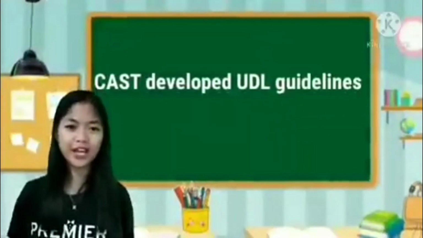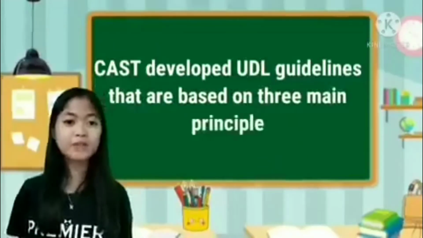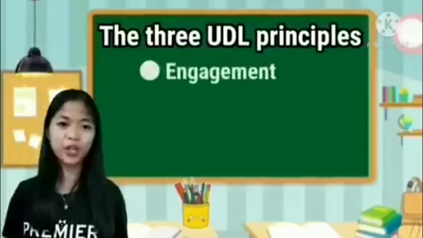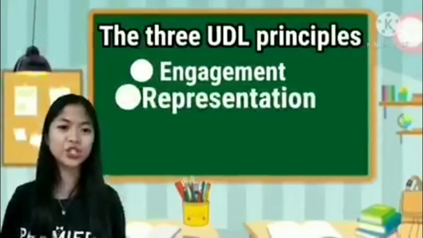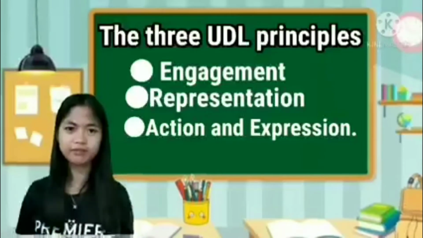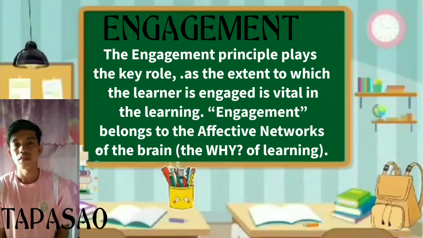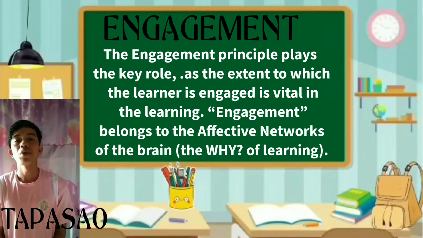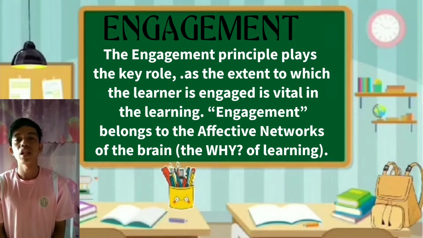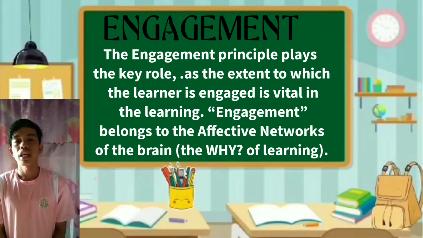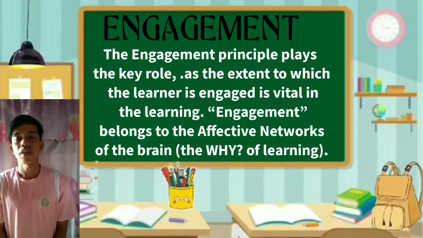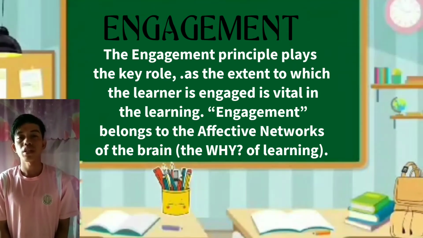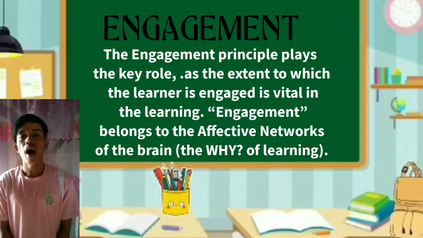CAST developed UDL guidelines that are based on three main principles that align with these learning networks. The three UDL principles are engagement, representation, and action and expression. The engagement principle plays a key role, as the extent to which the learner is engaged is vital in learning. Engagement belongs to the affective networks of the brain, the why